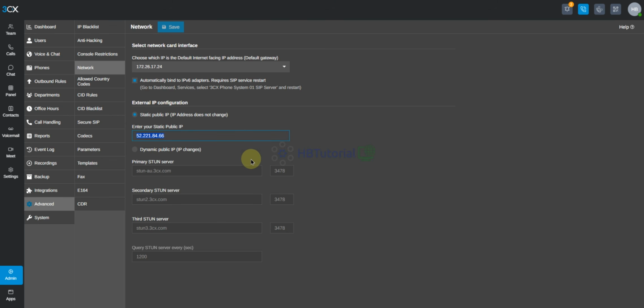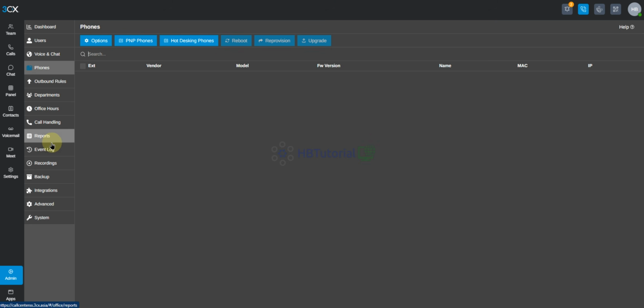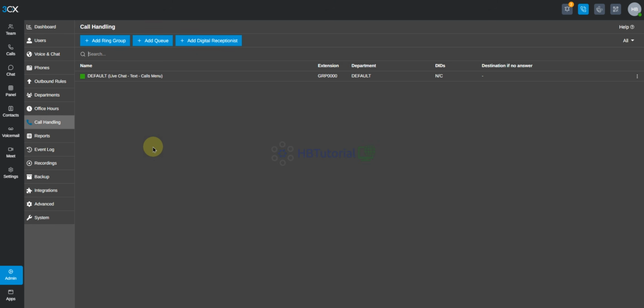So we can use that later for incoming calls. So we can now set up here our call handling if you want, if you want a ring group or queue.